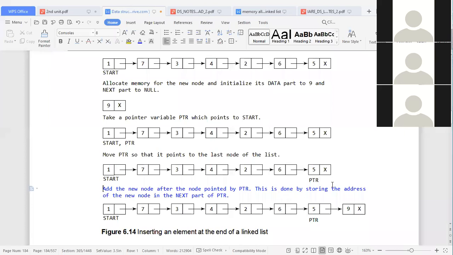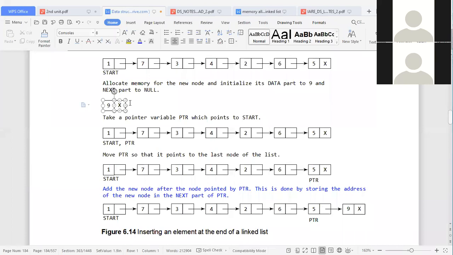If we store the address of the new node here, then what happens to your linked list? If 9 is added here, then 9 becomes the next node. In the address field of 9, what is the value that was added in the beginning? That is null. Whichever node contains a null value in the address field is the last node. Now the new node became the last node of the linked list, or not? Yes, sir. So this is the procedure for adding a node as an end node of a linked list.